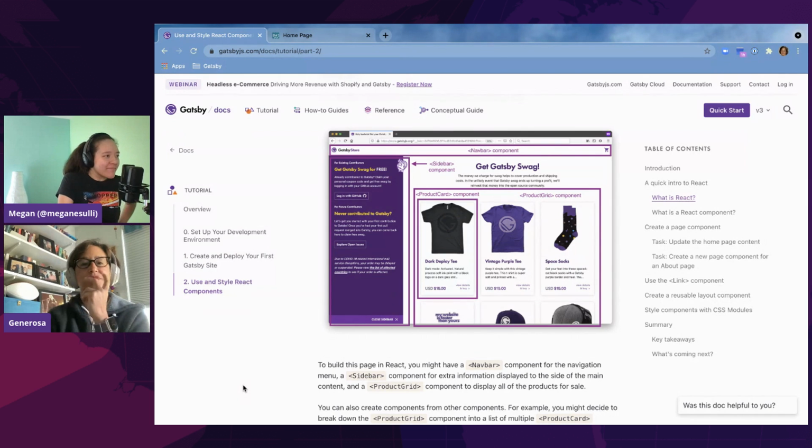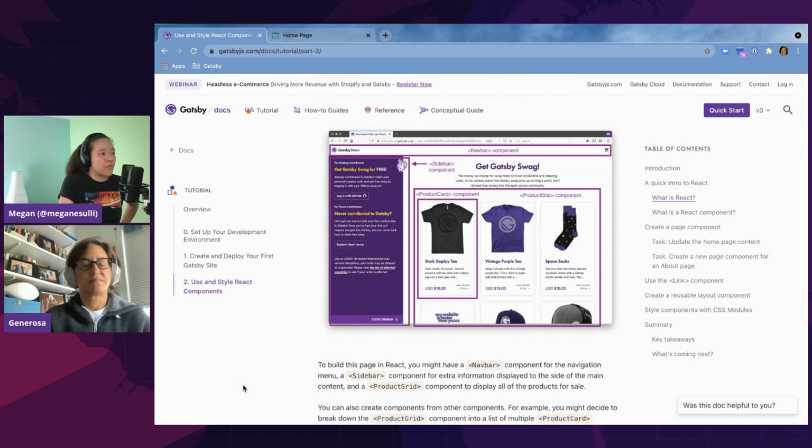Cool. Okay. So if you are new to React, well, let me start over. If you're new to React, React is a JavaScript library that is helpful for building user interfaces, UIs.